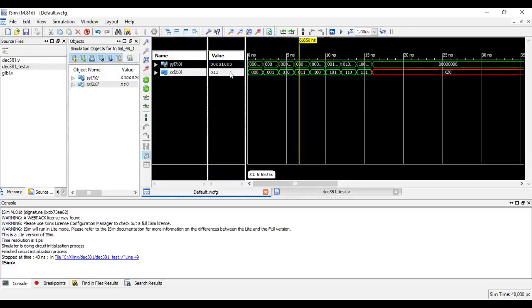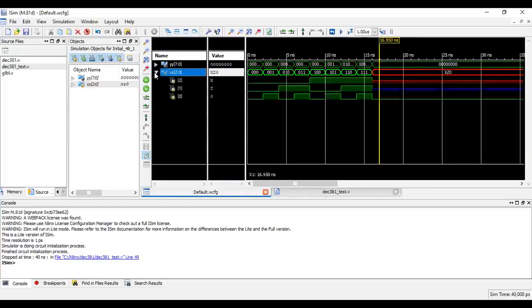The fourth one, 011, YY of 3 is 1. Next one is 1, then YY of 4 is 1, YY of 5 is 1, YY of 6 is 1, YY of 7 is 1. Then for any other combination apart from these combinations, I want the output as 0, which I've got. Clearly you can see I got it as 0.